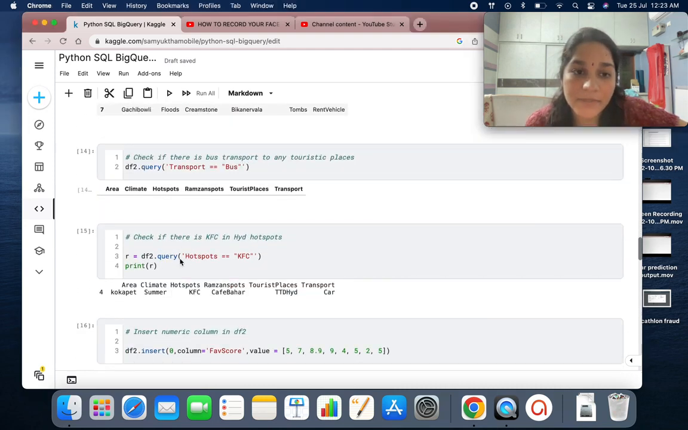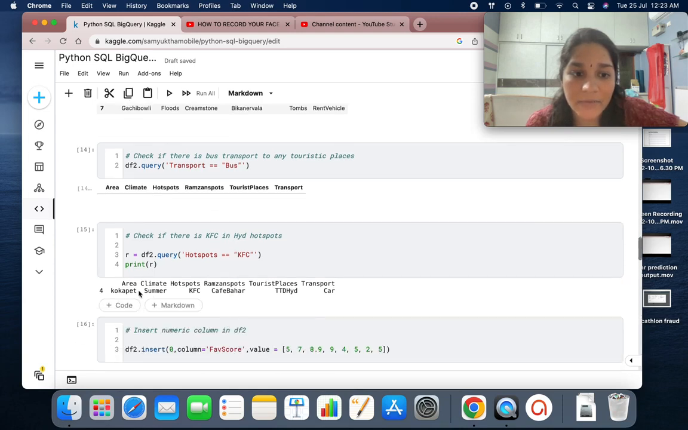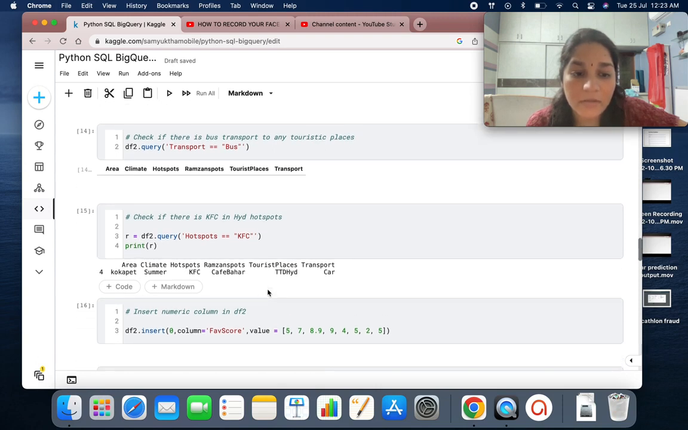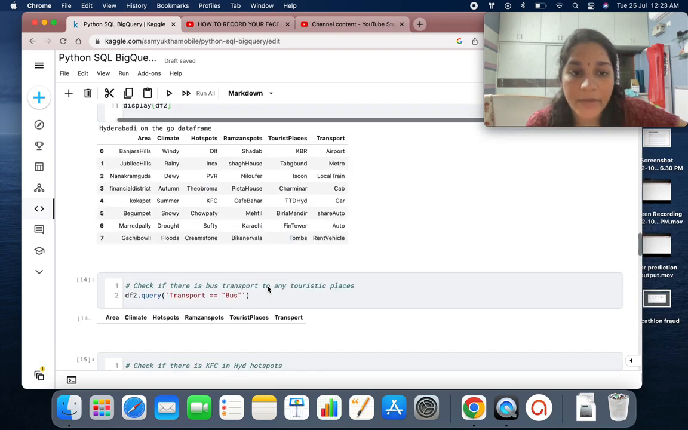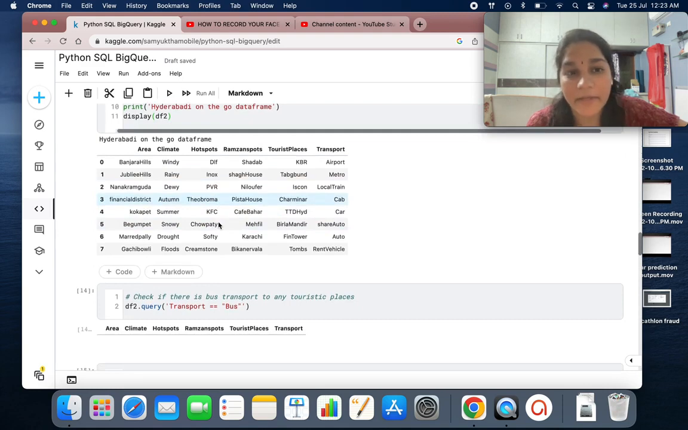And query is utilized to query. So I wanted to see if hotspots are there where KFC is there, and there was one column which I'm printing. Here I wanted to experiment to see how it actually prints. Is it the same as display? And we have only characteristic data or string data, but we do not have any floating or numeric data. So I'm inserting one column for favorite,